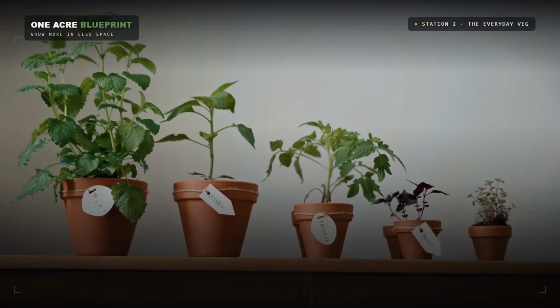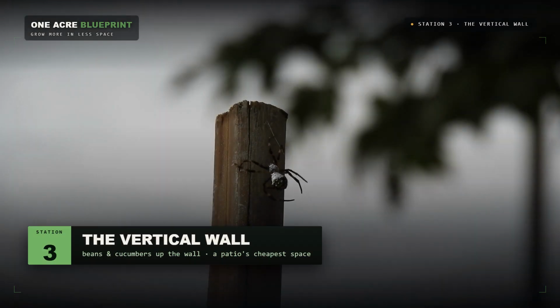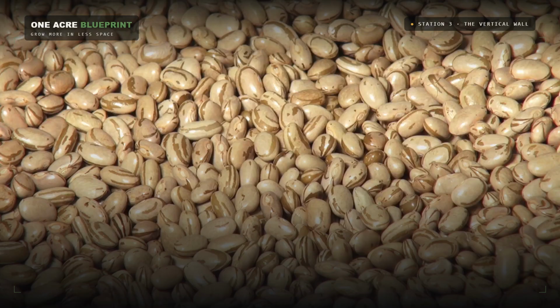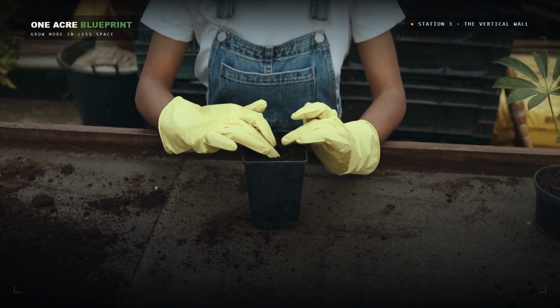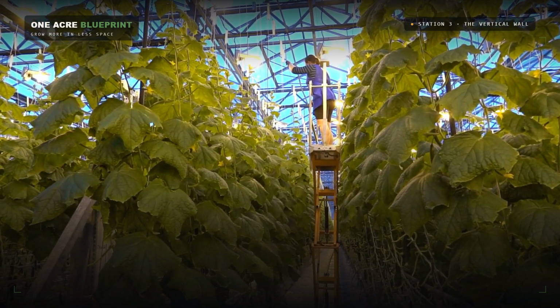Station 3 is where a patio has a secret weapon a flat garden does not. Station 3 is the move that makes a patio punch far above its size. Go up the wall. A patio's best growing space is not the floor, it is the vertical face behind it, and almost nobody uses it. So against that sunny wall, or along the rail, I would stand a simple trellis or run some strings, and